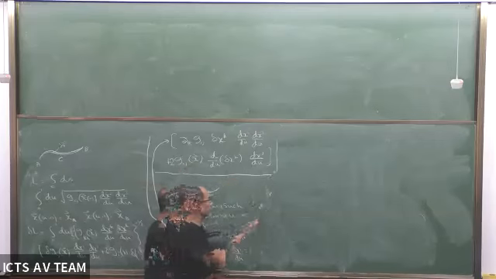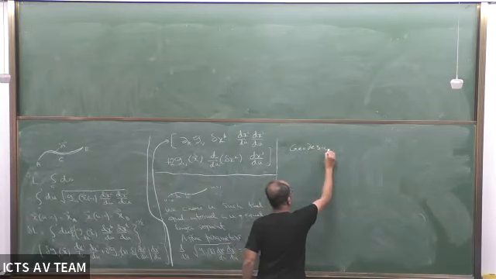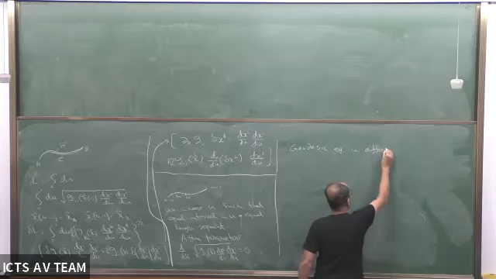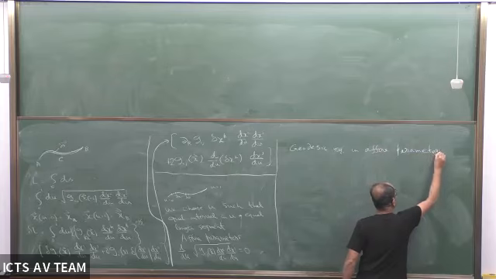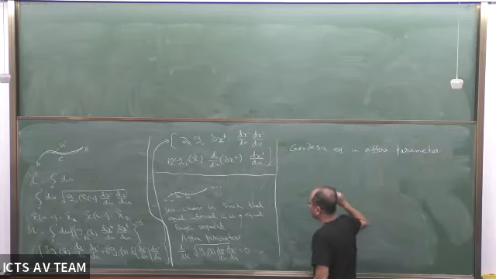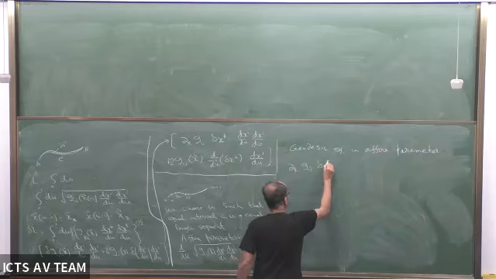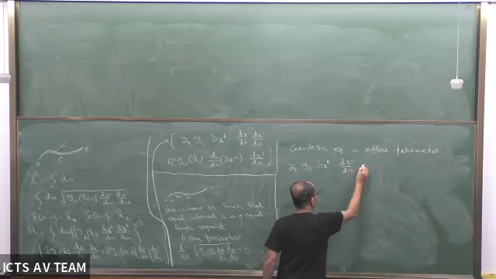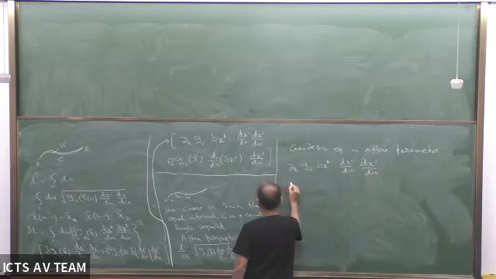So this gives the geodesic equation in affine parameterization as the following. Minus